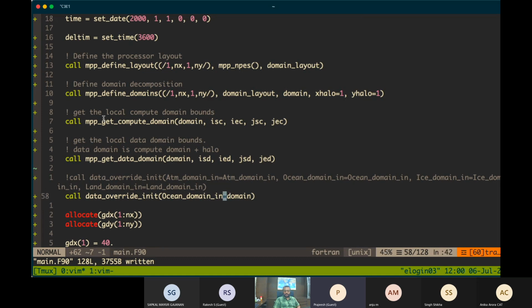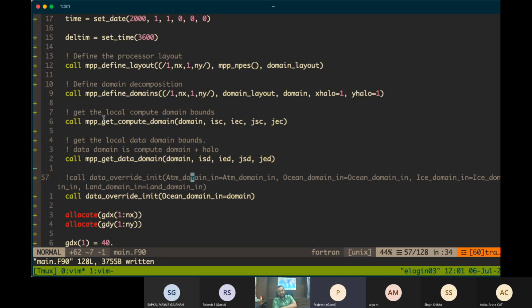By giving it like this, we are specifically saying that I am giving this argument to the second argument here. No, we don't need to declare ocean domain in as a type in the beginning. This is just the name of that argument.